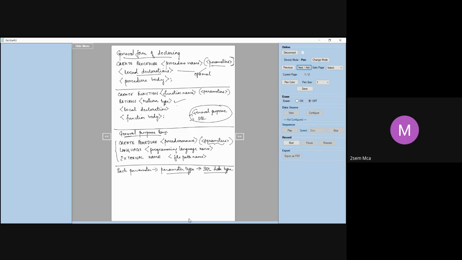Now, apart from this, each parameter will also have something called a parameter mode. Parameter mode can be of three types: in, out, and in out.